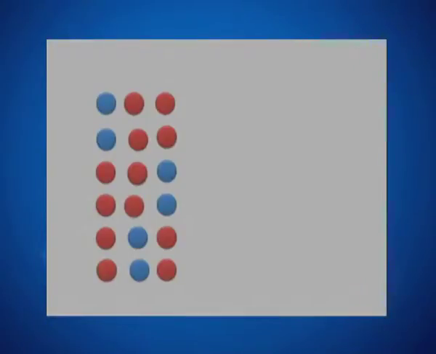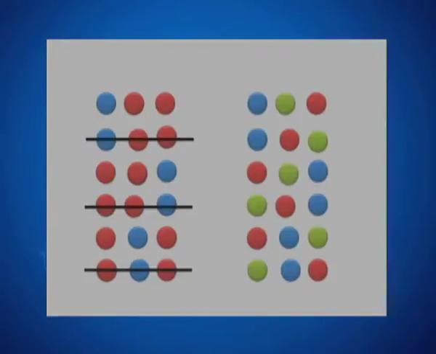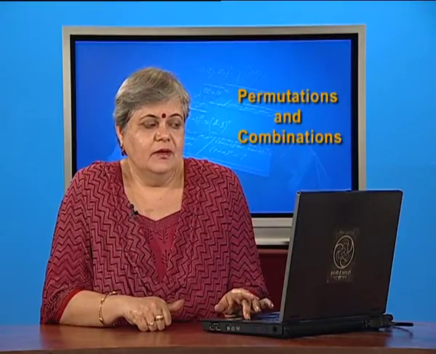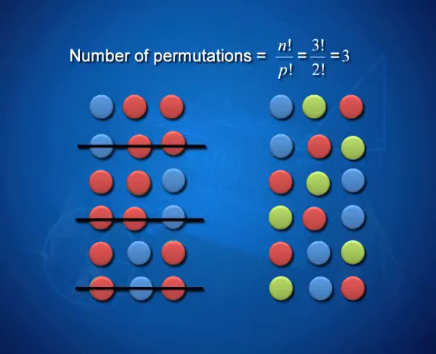You can see that there is a duplication. So, I have to cross out the duplication, and the distinct permutations that I get are, instead of these 6, just 3. If I use the result that we saw earlier, the number of permutations of n objects where p are of one particular kind is n factorial by p factorial. In this case, 3 objects, 2 of one kind, that should be 3 factorial by 2 factorial, which is exactly what you see happening here. You get 3 such permutations.